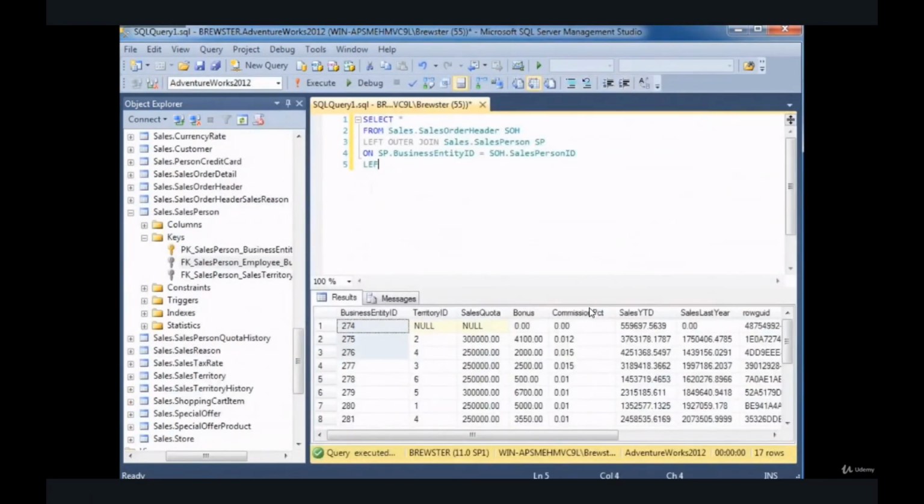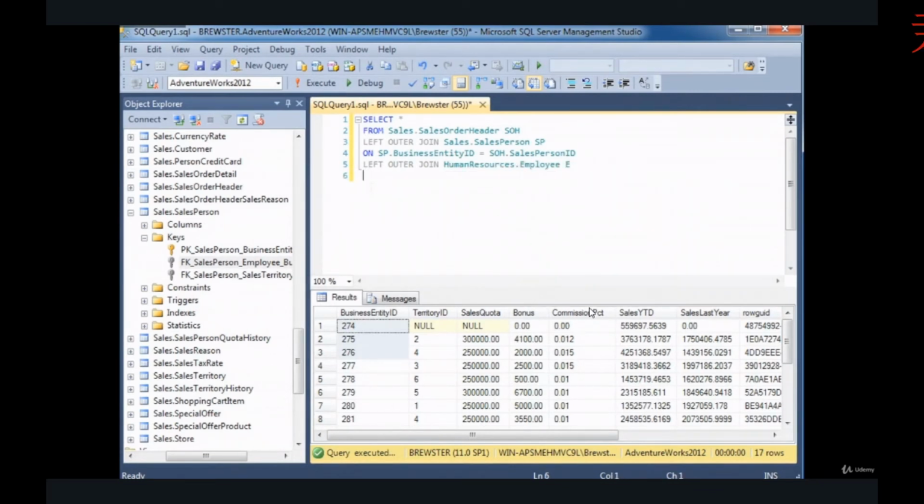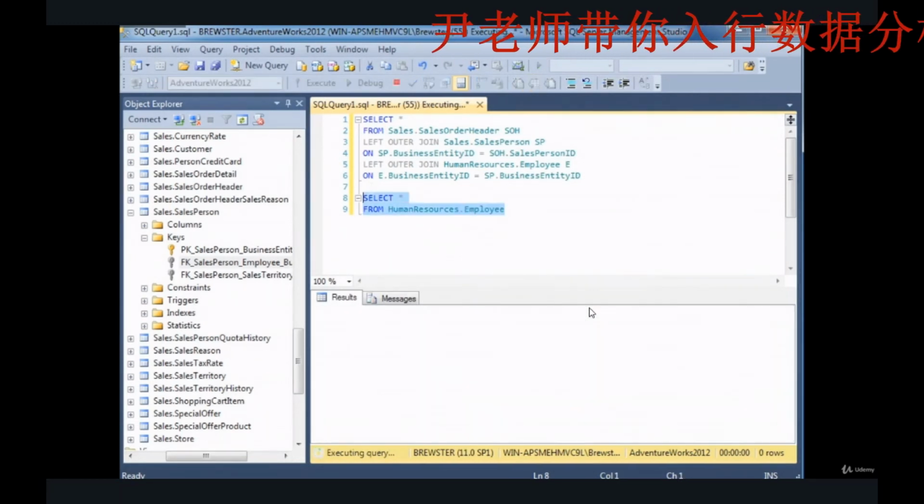So I'm going to create that join. We're going to stick with the left outer join because, again, we want all rows for sales orders, regardless of whether or not a salesperson exists. So I'm going to left outer join to human resources.employee, call that E, on the business entity ID of both human resources.employee and salesperson. But this human resources.employee table, as we've seen before, also does not contain any first name,